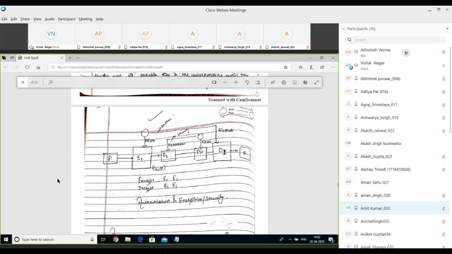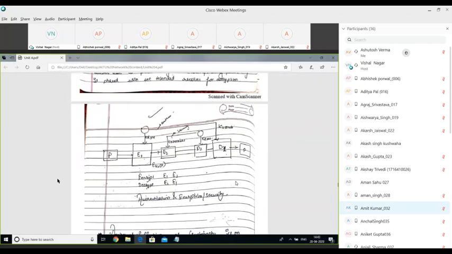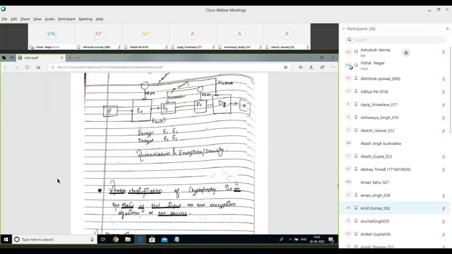And on the receiving end, first we will open the mailbox of the receiver by using its private key and public key. And after it, we have to click on the sender's name, I mean the sender's mail ID, to open the content. So this process is very much similar to that email method. I hope this is clear to all of you.